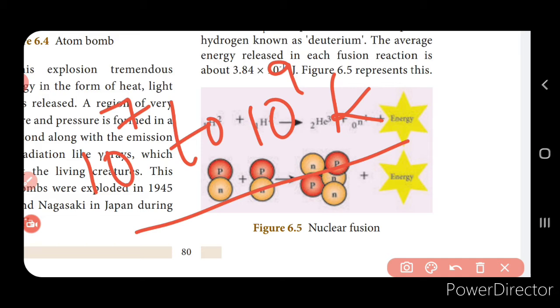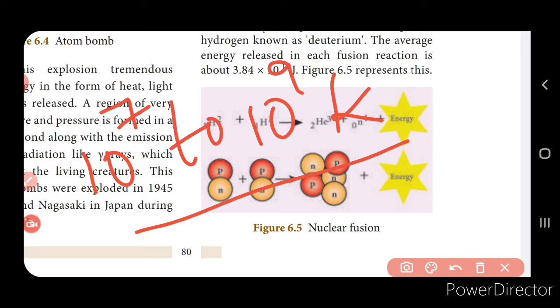So it is always designed in such a way that it creates very high temperature and pressure, which is a necessary condition for the fusion reaction. So the fusion reaction will take place in the hydrogen core and lead to a large amount of heat energy. That is, an uncontrolled reaction takes place and a very high amount of energy is released. So the energy, if you see, that is released in the hydrogen bomb is very, very much higher than the energy that is released by the atom bomb, which is based on the fission reaction.